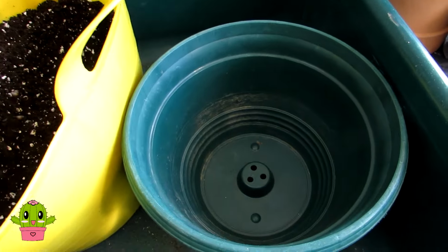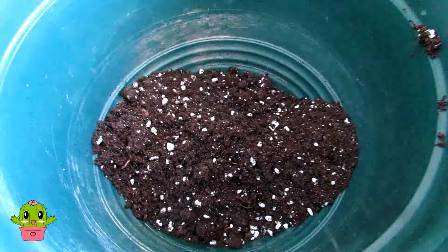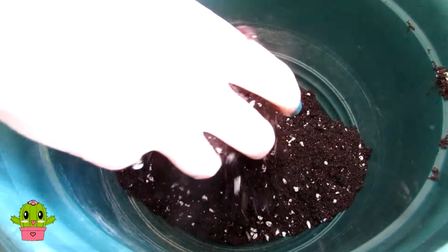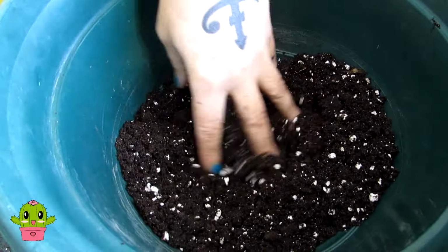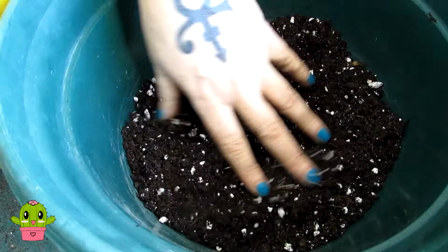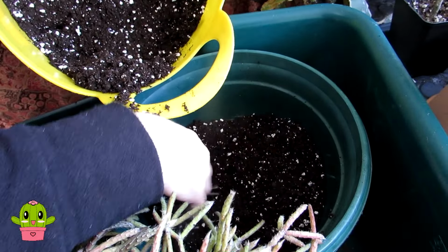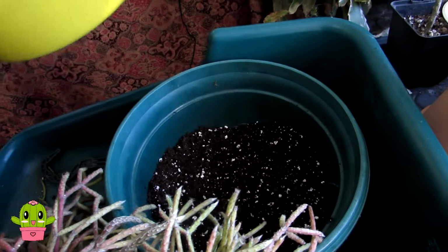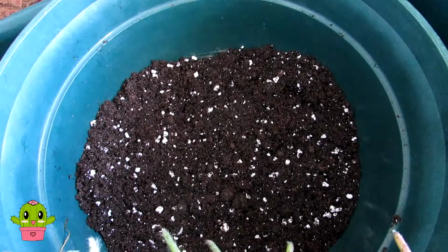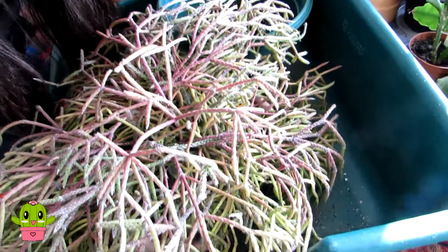So that lovely fresh soil. And this Rhipsalis Pilocarpa, as I mentioned, is going to love all this new soil here. Make sure there's plenty at the base here. Lovely, so a good few inches at the bottom there. And we're lifting this guy up, placing it in,